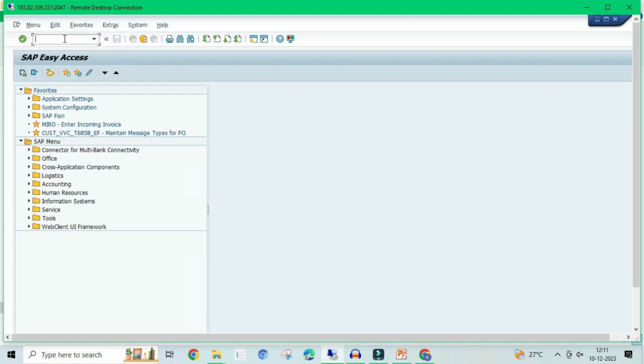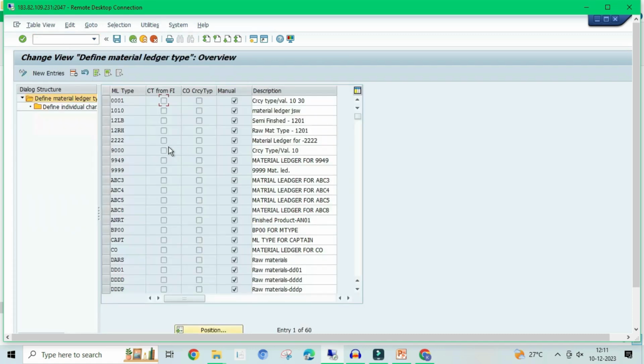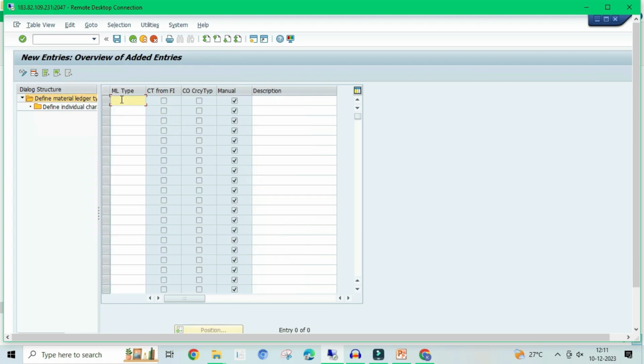First T code to clear this error, /n OMX2, enter. Here select new entry, enter the material type which we created, QA RH, and then QA LB, and then QA